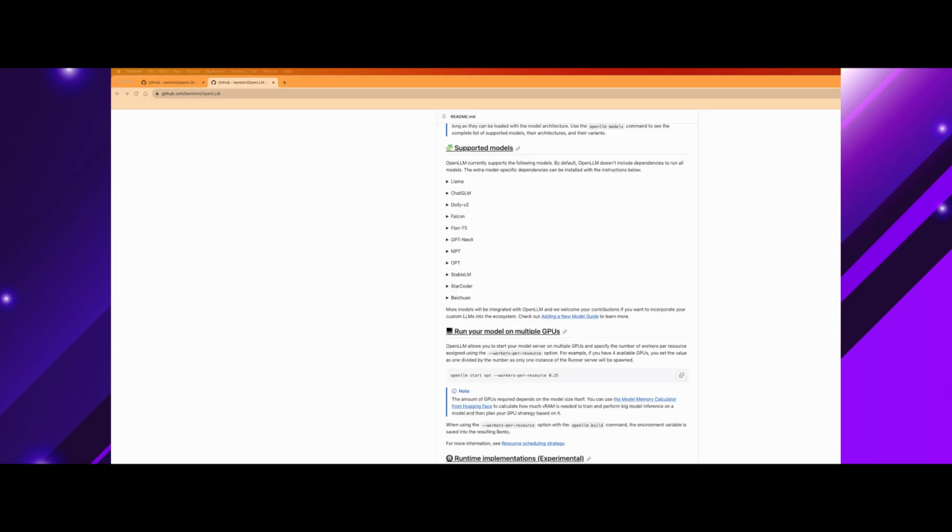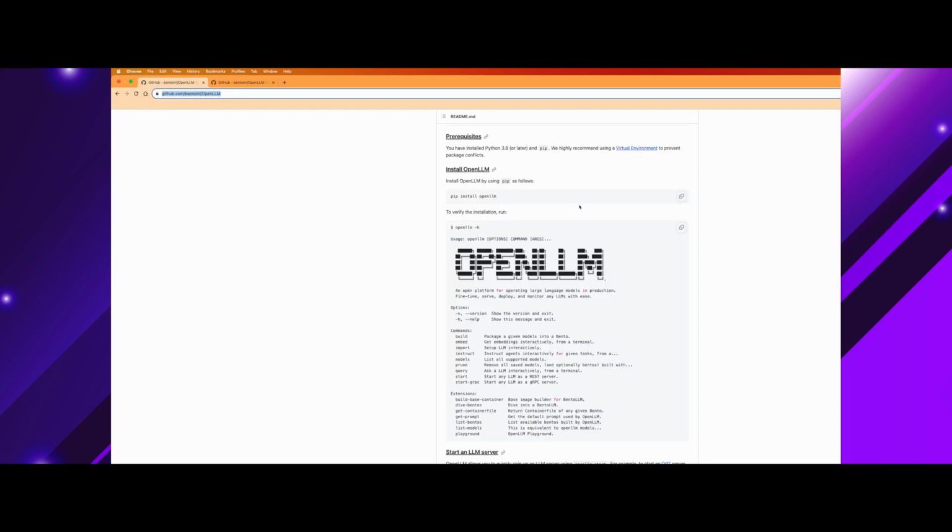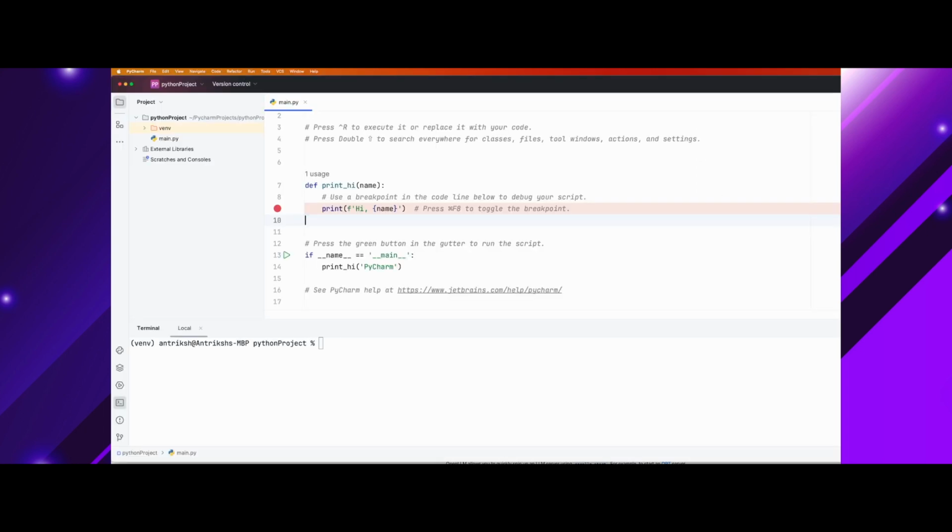This is the GitHub link for the library. I will provide the link in the description. Let's see how we can install it. You can install this library with the help of the pip command. There are some other help options available. So let me try to install this package. Just an FYI, I'm using PyCharm as an IDE. You can use any other IDE as well. So let me just install